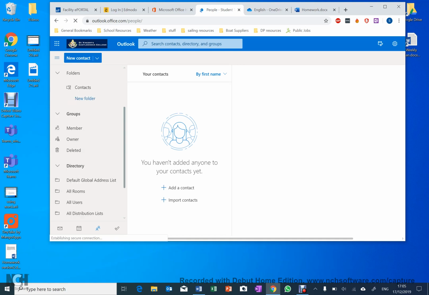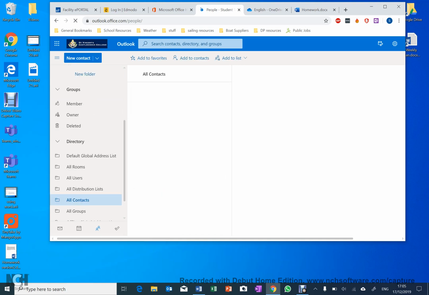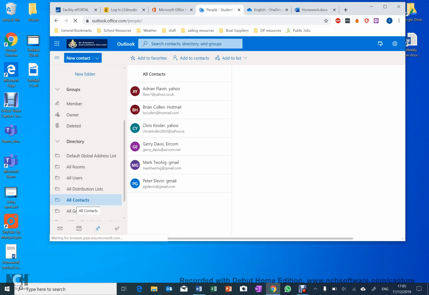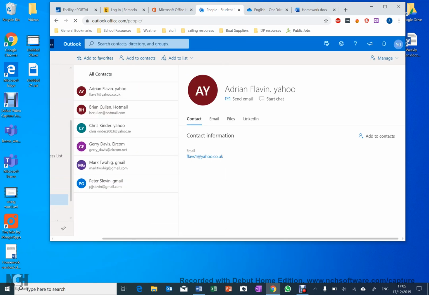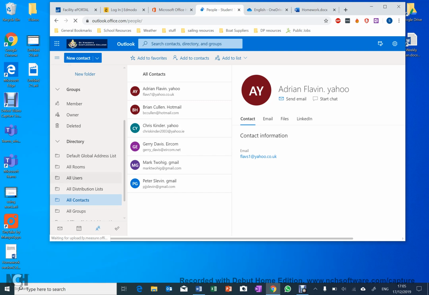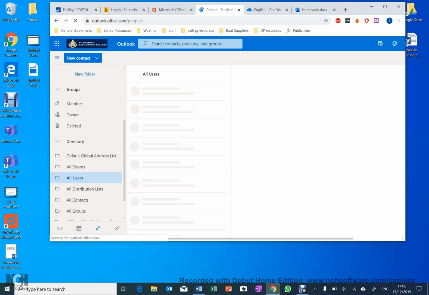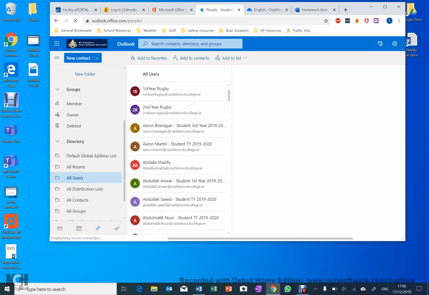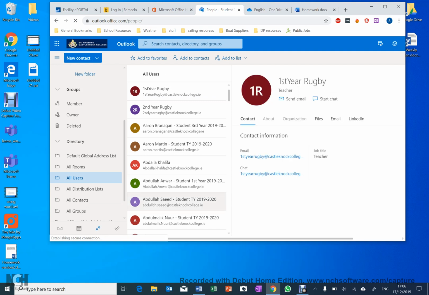So if I go down here, I go down to directory. So all users is going to give me the list of all of the students and all of the teachers in the school who are included. So here's just the names of some contacts, but there's lots of different contacts in here. If we just go to all users, this should give me theoretically all of the students and all of the teachers in the school. So it's bringing all of those up now,